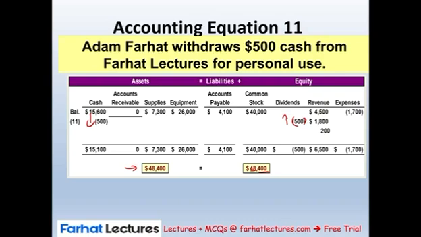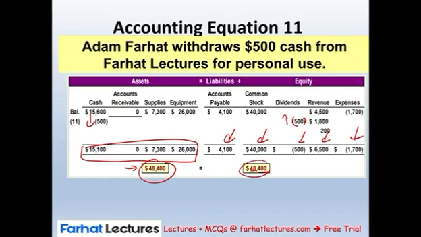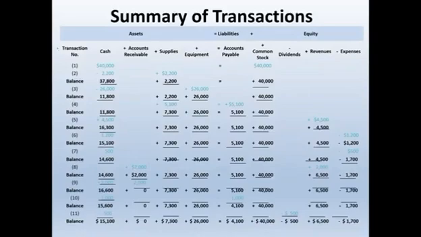15,100 plus 7,300 plus 26,000, and that's going to be 48,400. When it comes to liabilities and equities, we'll take 4,100 plus 40,000 minus 500 plus 6,500 minus 1,700, and that's equal to 48,400. So we're going to call these the ending balances, and this is a summary of all the